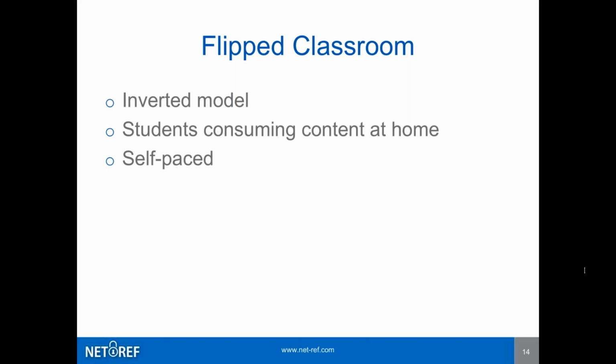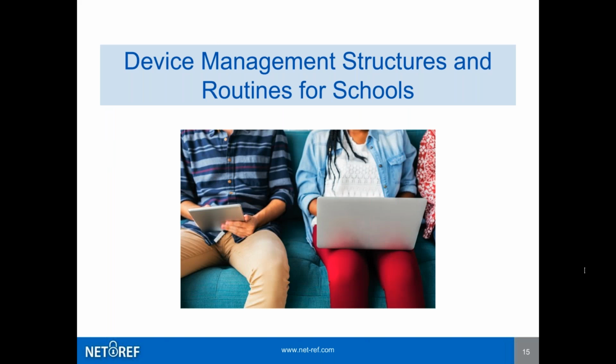And so this really transitions us into thinking about device management structures and routines for schools. So you might know, for example, that you have 5 Chromebooks per grade level, and you are going to do a station rotation model of blended learning. And every class is going to have 5 Chromebooks every day, and you're going to deploy them so that each teacher has those 5 Chromebooks, and the teachers are going to set up their station with an adaptive tool so students can jump in when they rotate and share those 5 Chromebooks.